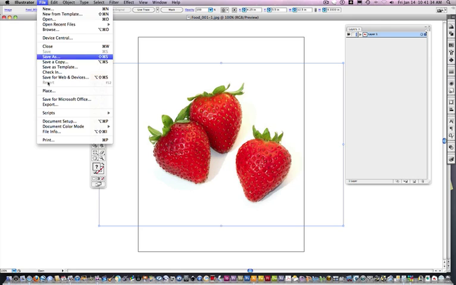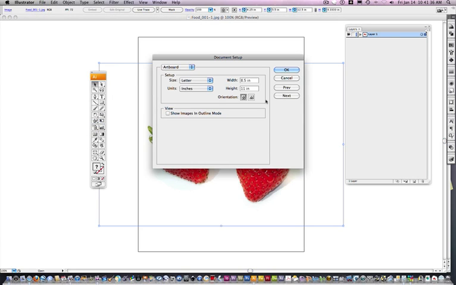Just go to File, Document Setup, and since it's already 8.5 by 11, I'm just going to change it to landscape. Anytime it's not 8.5 by 11, you go to Size, you click Letter,